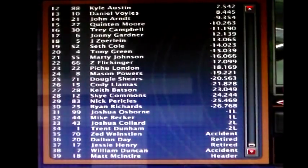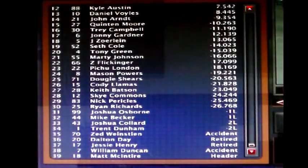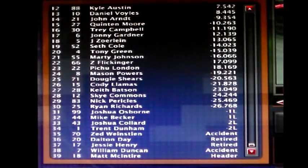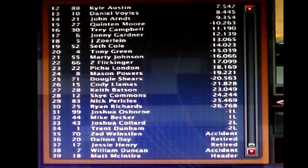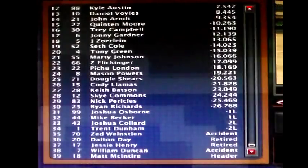And then on down to the rest of the finishers here. Joshua Collard, who led the first part of the race, somehow had problems and ended up 33rd, 2 laps down. And Trent Dunham with his early altercation, he had a good starting spot. He ended up 34th. So some of these drivers not catching a good break here as far as trying to get a good finish today, but nonetheless,